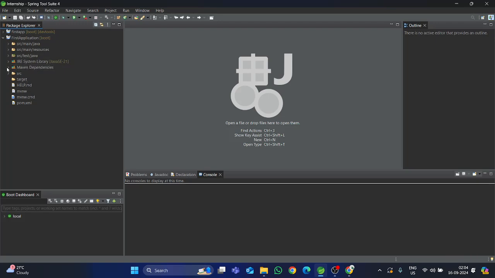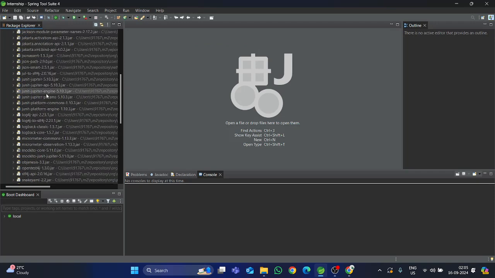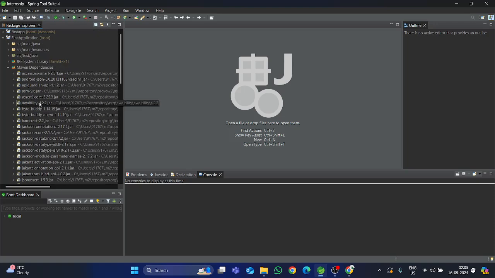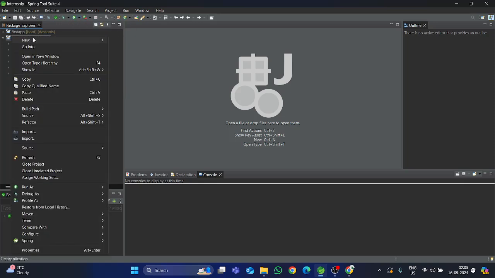So here are the files. I will show you the jar files that were imported with the help of Spring Web. As you know, the web application runs on a server, and by default, the server is Tomcat. So our project will be running on Tomcat server. Let me show you what will happen when we run this file. You just have to click on this application,